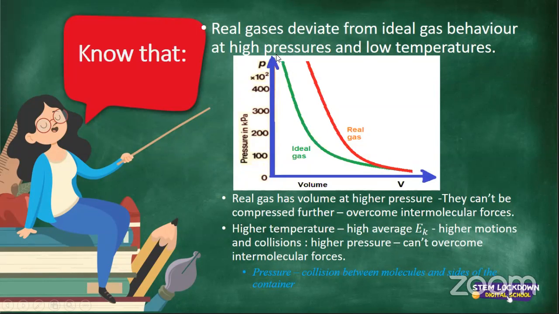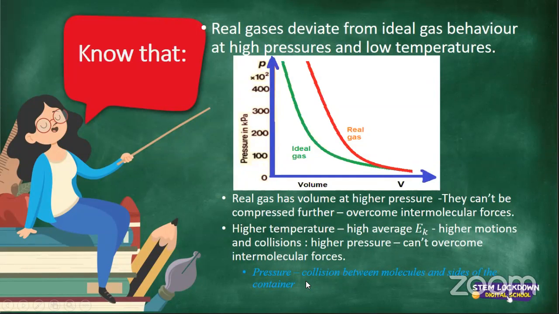Remember, something that is ideal is something that is not there, that you wish could be existing. So a real gas has volume at higher pressure. They can be compressed further and they overcome intermolecular forces. Right. So it means at higher temperature, you will have higher average kinetic energy of particles. So now at higher temperature, you might find that these particular gases will have a particular volume. They can be